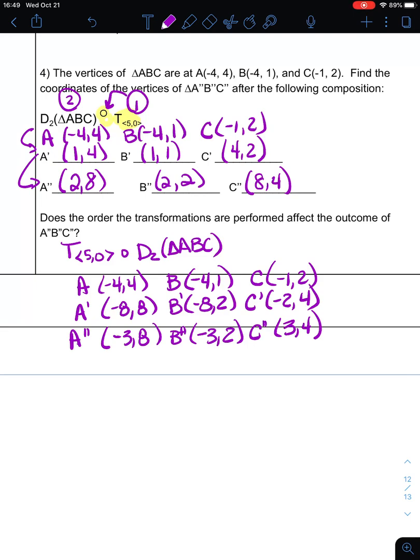So whenever you have multiple transformations in the same problem, it is considered a composition. Unless you have it written in this notation right here that we just talked about, you do it in the order that it's written. Some of the time it doesn't matter, but sometimes it does. So just do it in the way that it's written, and